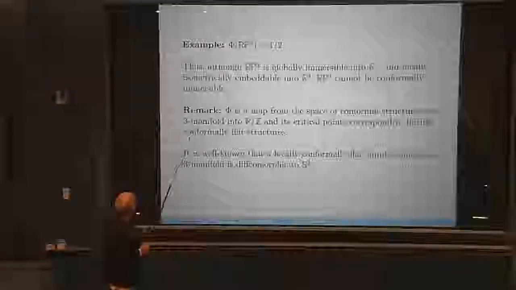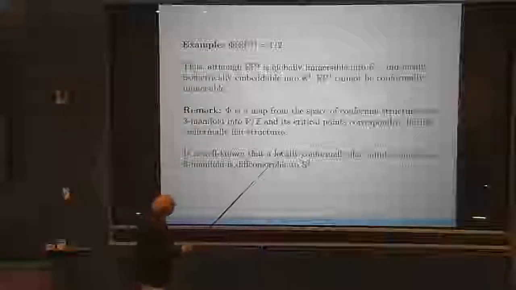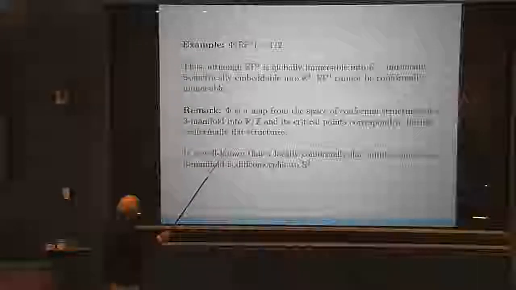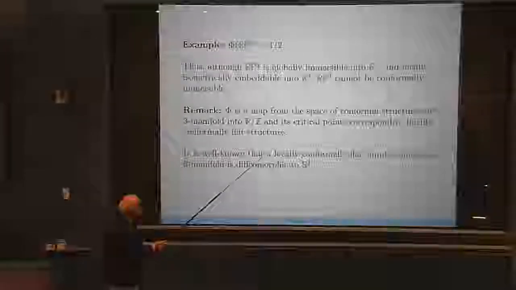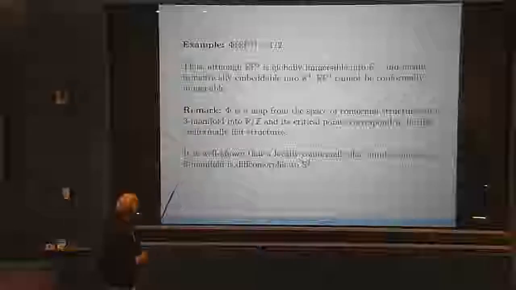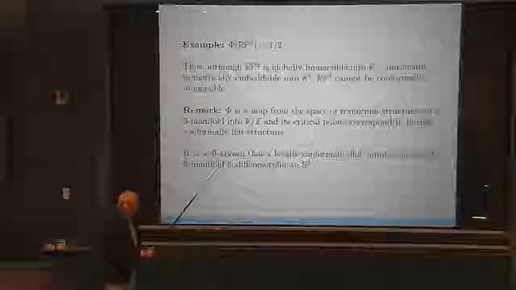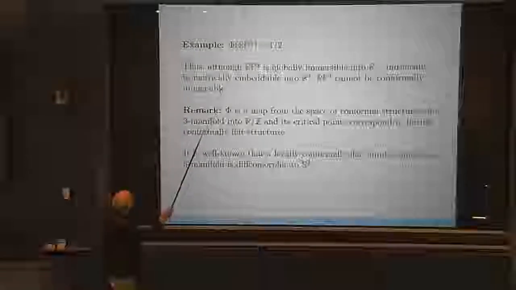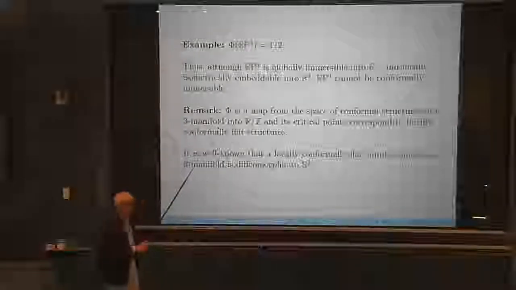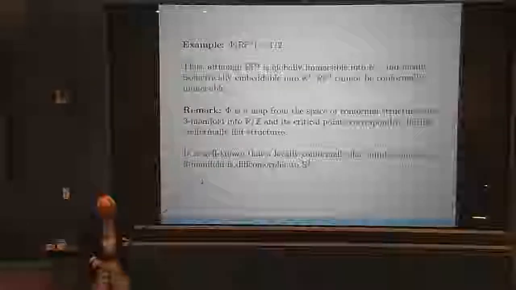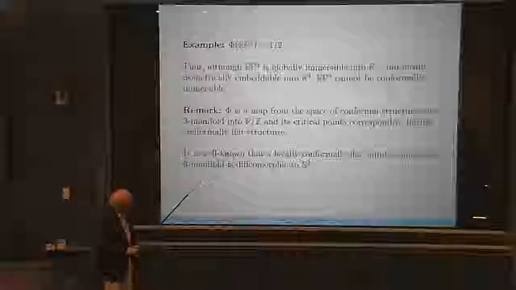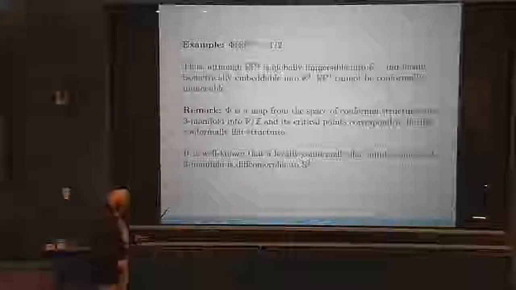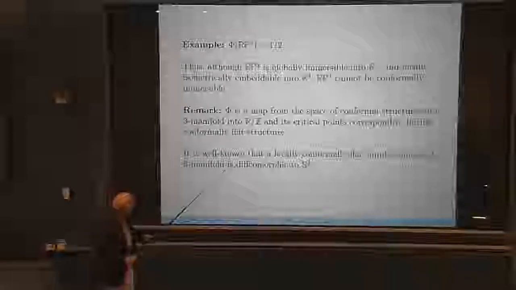Now, something else. Phi is a map from the space of conformal structures of a three-manifold into R mod Z, into the circle. It turns out its critical points correspond to locally conformally flat structures. So when you differentiate this function, in the infinite dimensional manifold of Riemannian structures or conformal structures, it has a critical point only if it's locally conformally flat. Now, it's well known